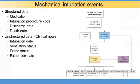It uses medication data, intubation procedure codes, discharge dates, and death dates. These are all things to try to build that window of when a patient might have started and when the patient might have stopped. And then in the unstructured clinical notes, we use natural language processing to identify intubation dates,